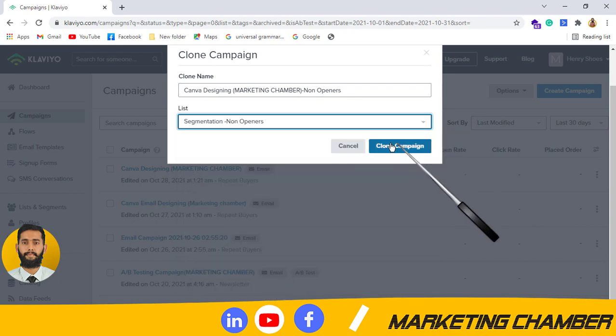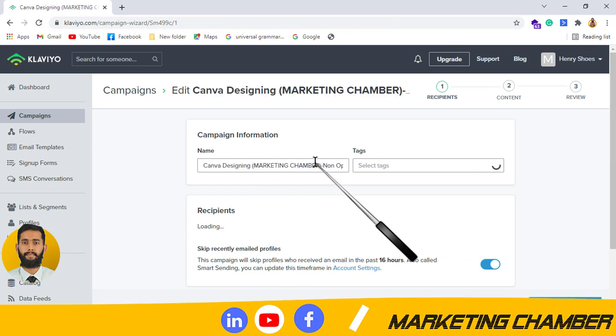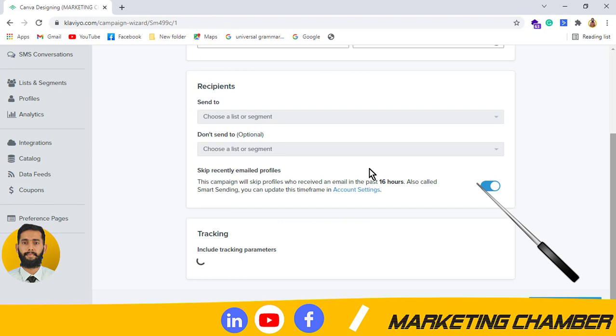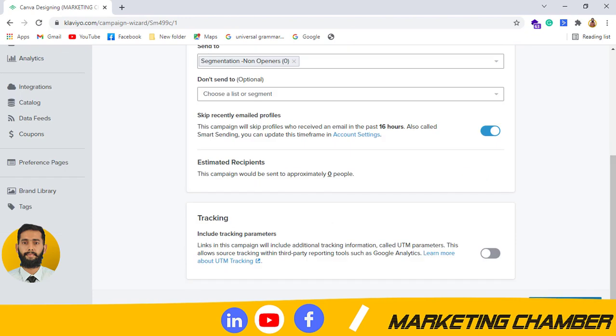So I will click on it and clone campaign. Okay, so after clicking on it, here we don't need to give it a name because we have already given it. Okay, so here is the segmentation that we have selected. Then I will click on continue to content.